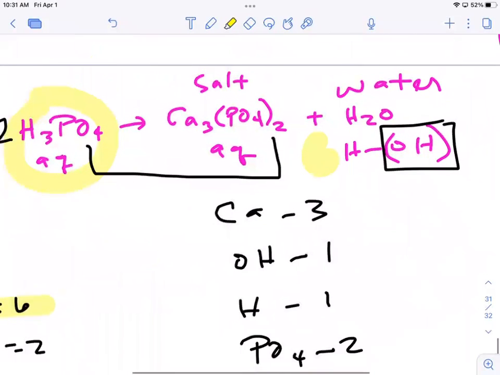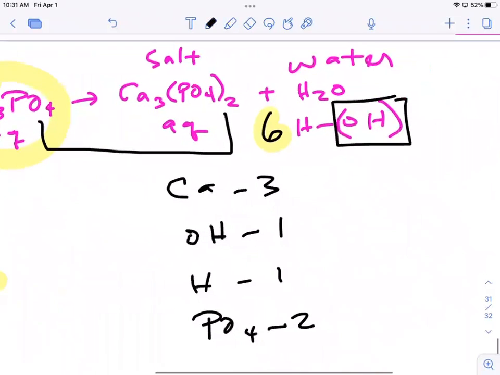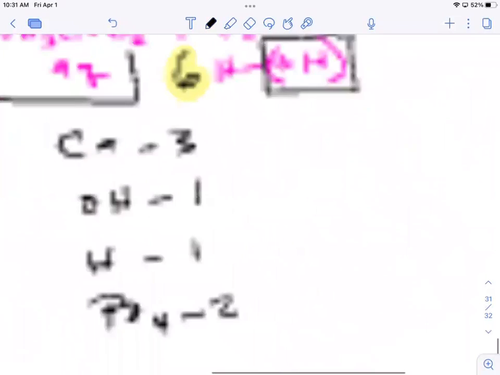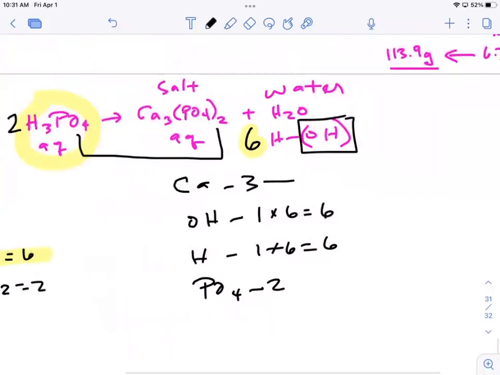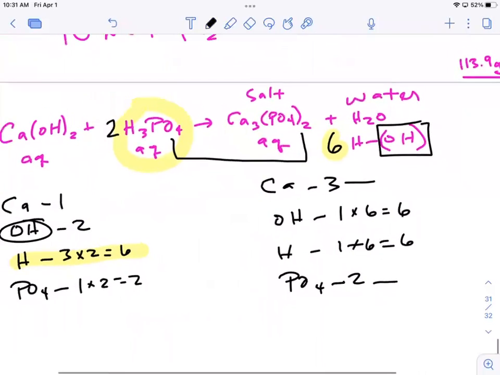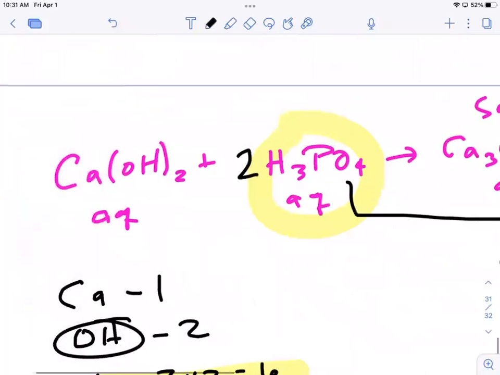All right, boom, good. So then that means that now we have, this is times 6. So that's 6 hydrogens. OH is also going to be times 6. So now that's 6. The calcium is 3, and the PO4 is 2. So the PO4s are equal. The hydrogens are equal. Now we just need to deal with calcium and oxygen. And look at that. They're both together. And this is an easy fix, isn't it? Because if we want to get 6 OHs